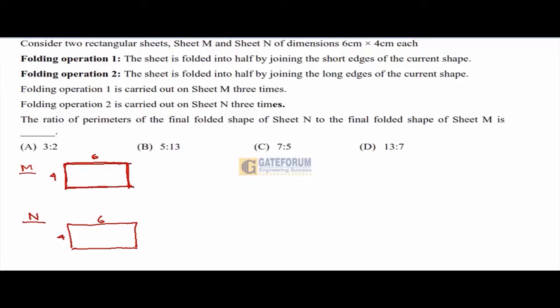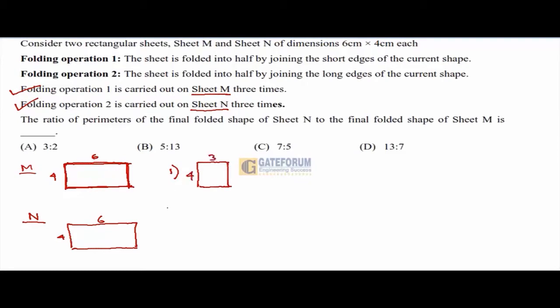Folding operation 1 is carried out on sheet M 3 times, and folding operation 2 is carried out on sheet N 3 times. So let us carry it out on M. For M, folding operation 1 means the short edges are to be joined. So after the first operation, the shape would be somewhat like this, where this would be 4